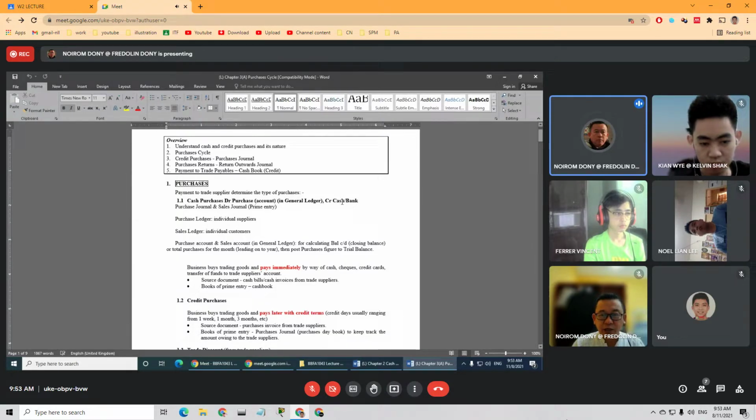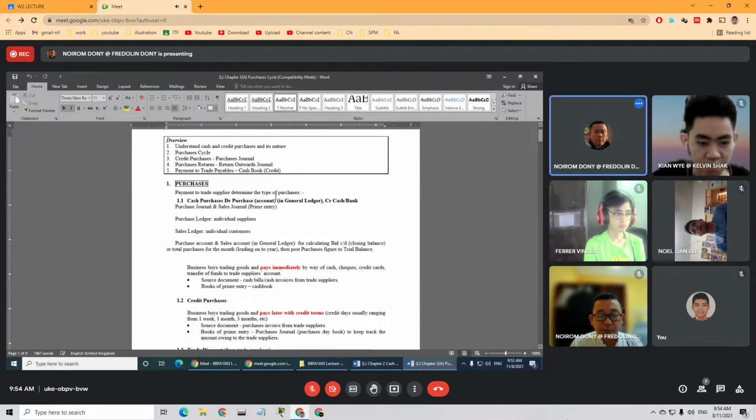So if cash and bank are credited, the corresponding account must be debited. So where do we debit? We debit the purchases. First thing you have to read the transaction and then identify what are the two items involved. If you are confident that cash will be credited, the corresponding item that you have identified, which is purchases, will definitely be